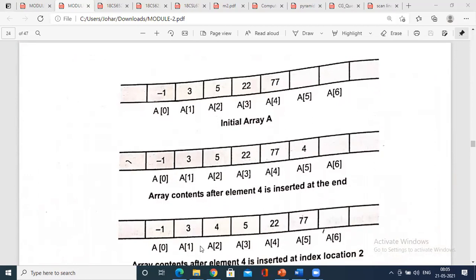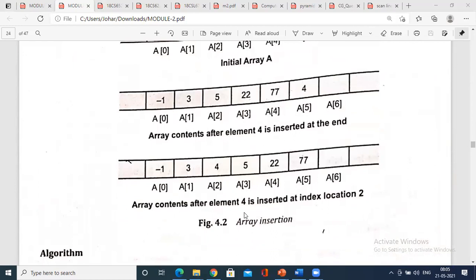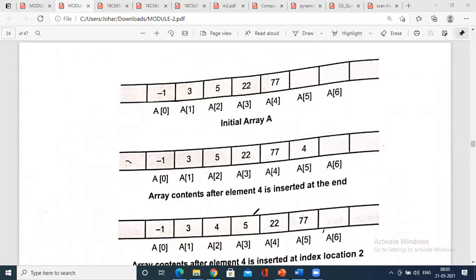If you want to insert in between, say at index a of 2 you have to insert 4. So at that time what happens, 4 has to be inserted at a of 2. If this is the given array, what is there in a of 2? 5 is there. So what we have to do, we have to shift 5 to the position of a of 3, shift 22 to the position of a of 4, shift 77 to the position of a of 5.